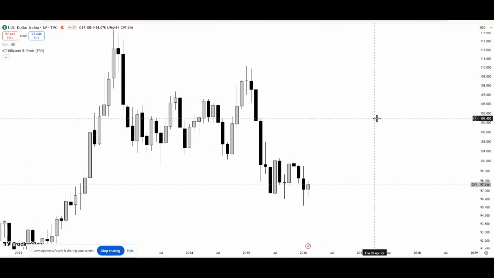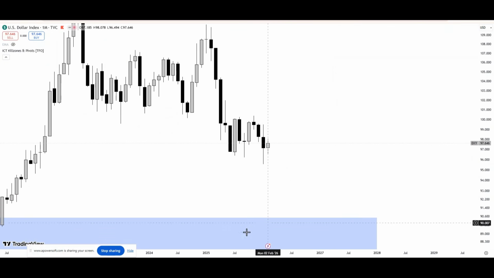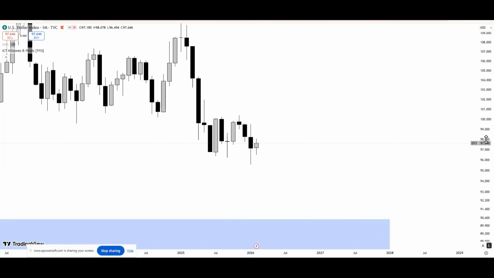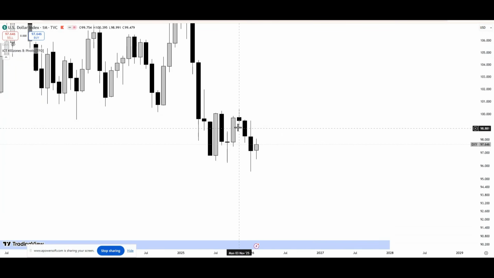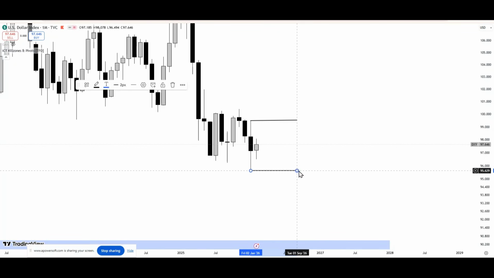So as usual, you're going to start with the dollar index. For the dollar, again, it's a new month. We're starting a new month, the month of March. As usual, when we start a new month, we want to start our analysis from the monthly time frame. And if you look at this, you can clearly see this market looks like it's been in a range. So far, February has closed as an inside candle. We did not take out previous month high, neither did we take out previous month low. So it is just in a range.